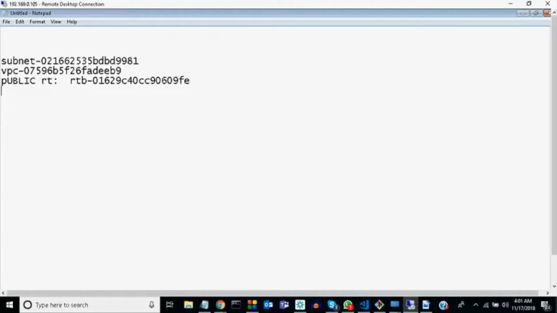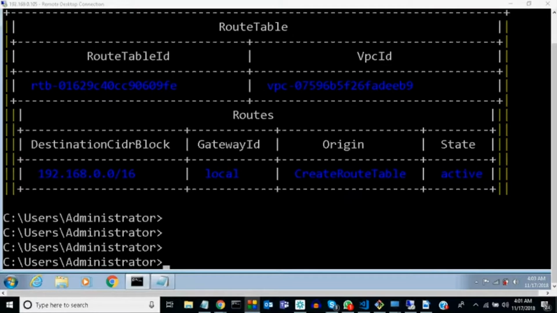The second thing is we need to tag this route table with the name public route. The command is just as we used before: aws ec2 create-tags